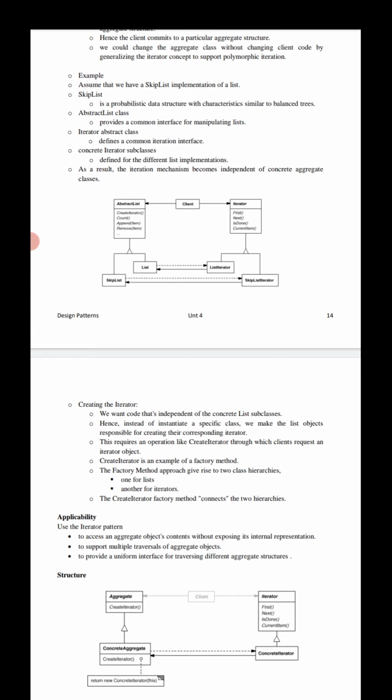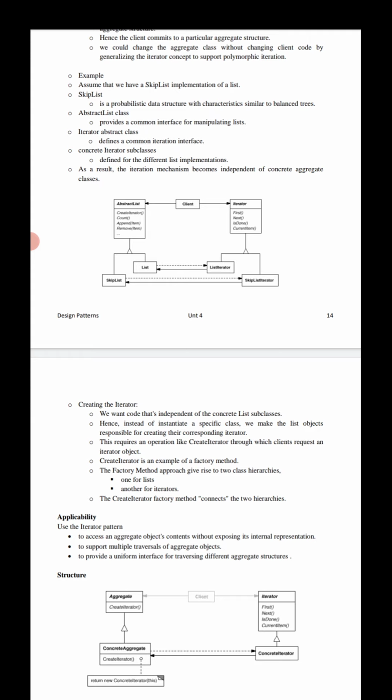Look at this diagram: it provides a common interface for manipulating, in the sense of handling, the list. Similarly, in the same way, we need an abstract iterator class that defines a common iteration